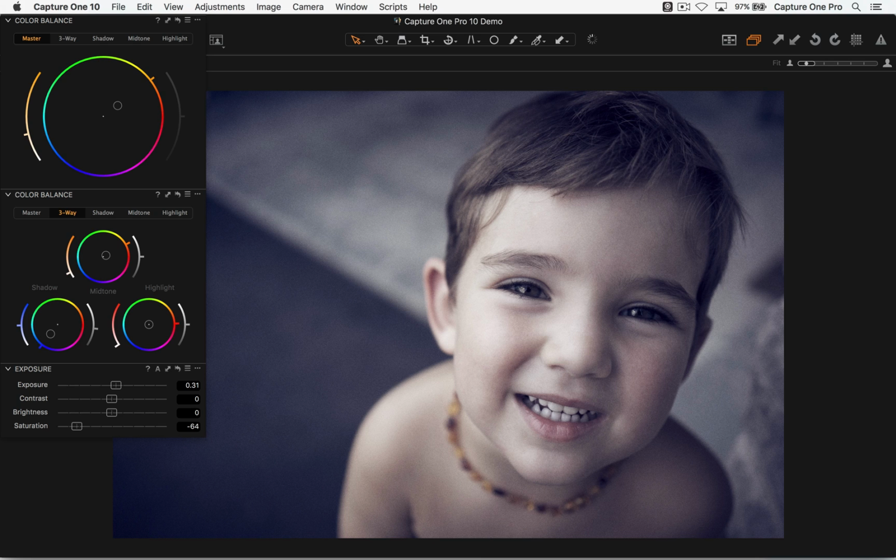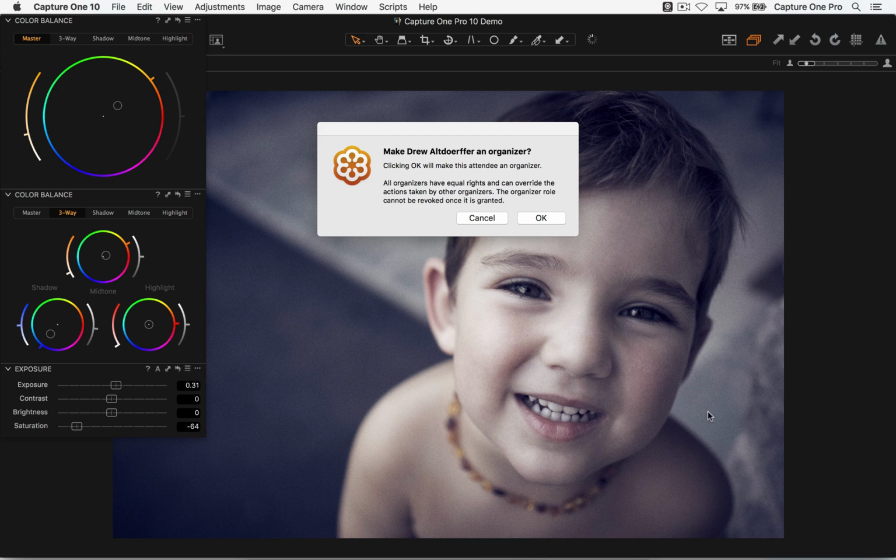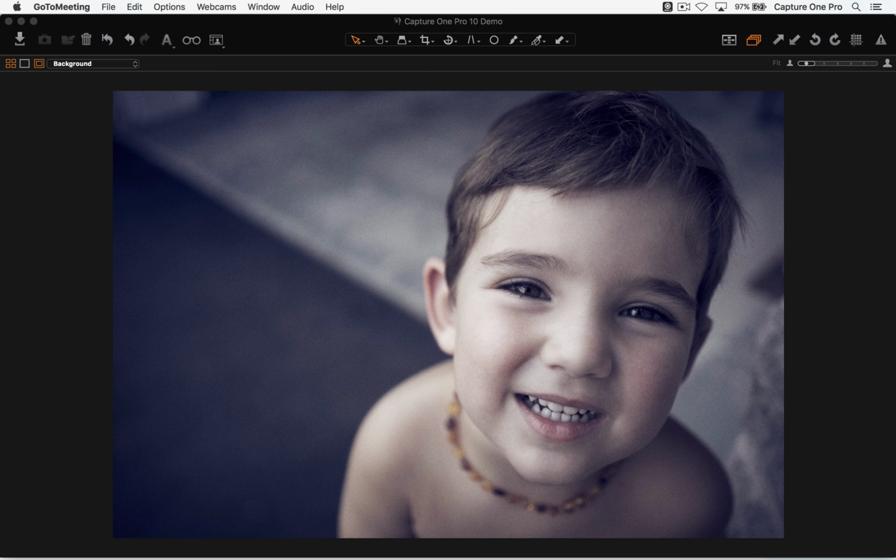That's an interesting use of it. Hang on, my colleague Drew is in the house, although the GoToWebinar control panel is being a pain. I'm just going to make my colleague Drew an organizer, and he sometimes lurks in the background and helps answer a few questions as well. I'm going to mute you as well, Drew, before you start swearing. Oh no, you've already done it yourself. Great.